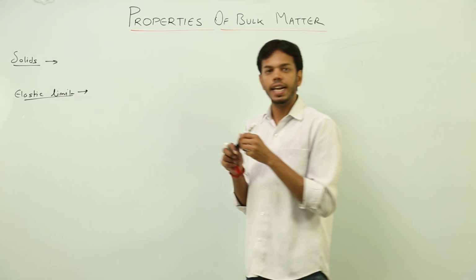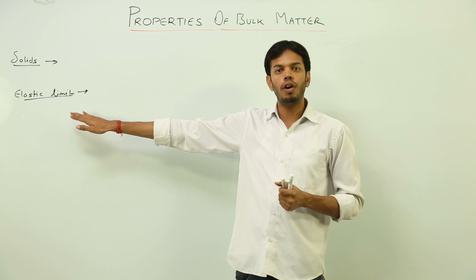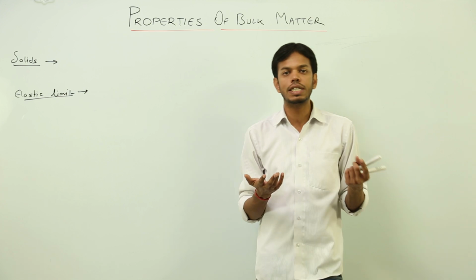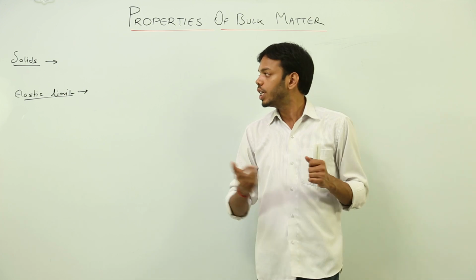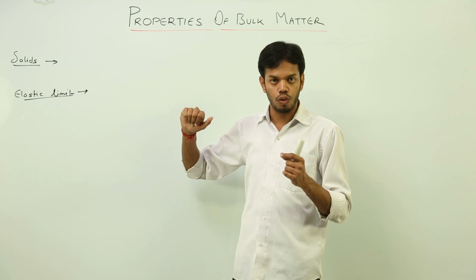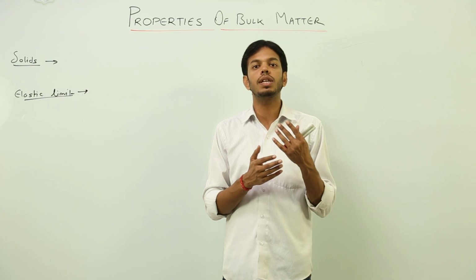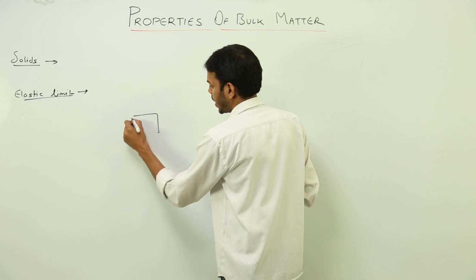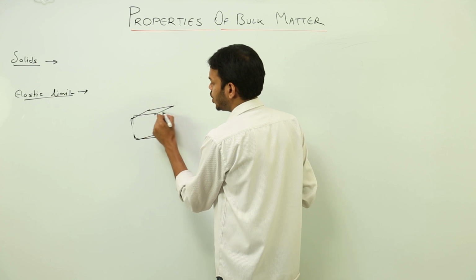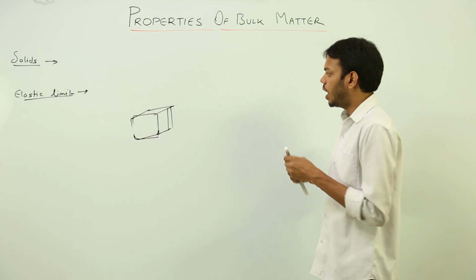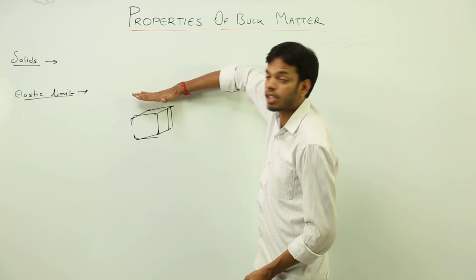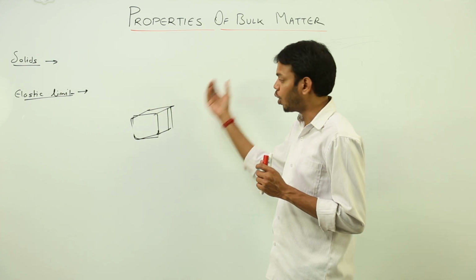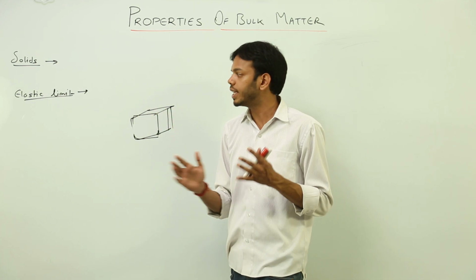So elastic limit is defined as the highest value of deforming force. That deforming force which is actually changing the dimensions of the body, right? So it is the highest value of the deforming force, which when removed, the body regains its shape and size completely. For example, suppose this is a piece of sponge, and a deforming force is compressing this sponge, there must be some limit after which when the force is removed, this body will again go back to its original shape and size. This is the elastic limit.